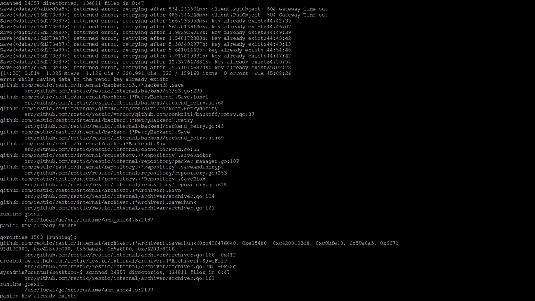So anyways, what I'm going to do is run another Restic backup, but I'm going to use Wasabi this time. I don't know if I'm going to keep using Wasabi. It seems like their pricing model is good, but your data has to stay there for a minimum of 90 days, so I'm not sure I want to commit. But anyways, I'll update you guys.